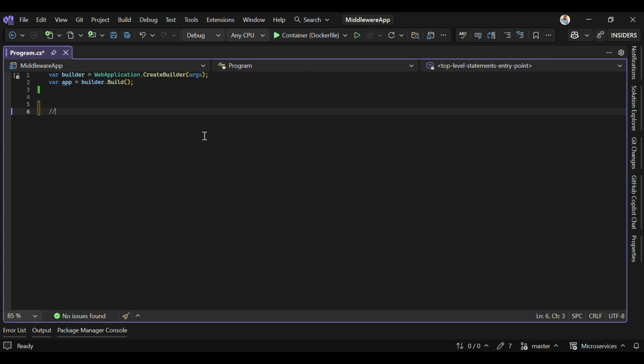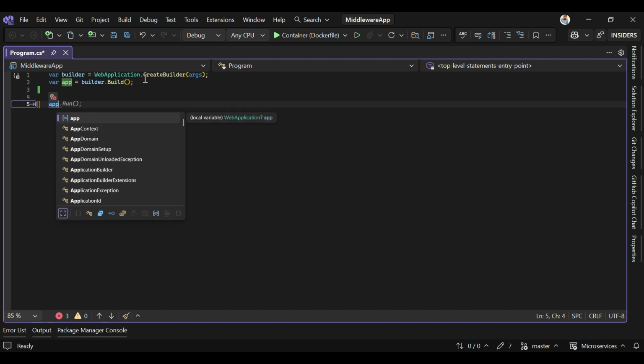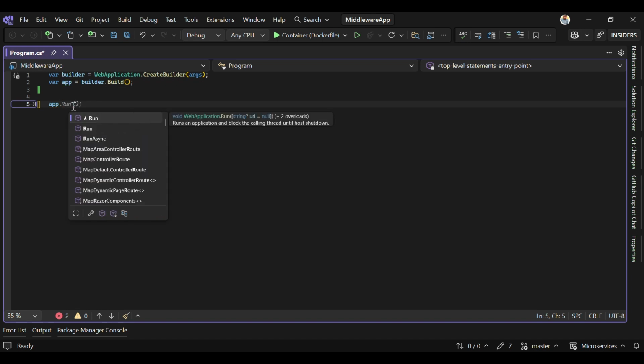The middlewares will be executed in the order in which we add them. Let's say I have middleware 1 here and middleware 2 here. The first middleware will be called first because we added it before middleware 2. So the order matters here, how we add it. With the help of the web application builder object, we can create a middleware in our